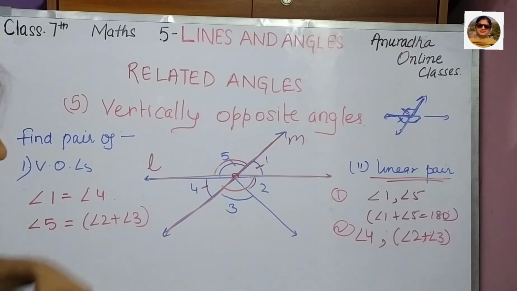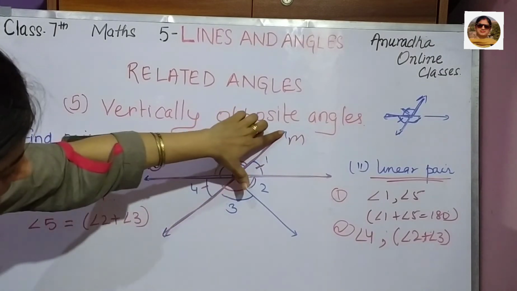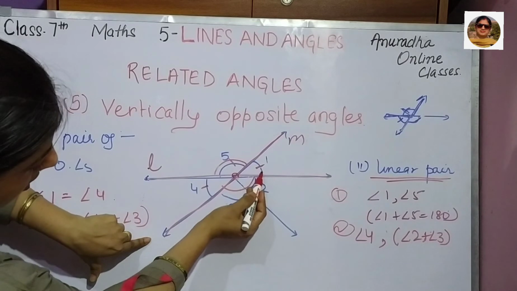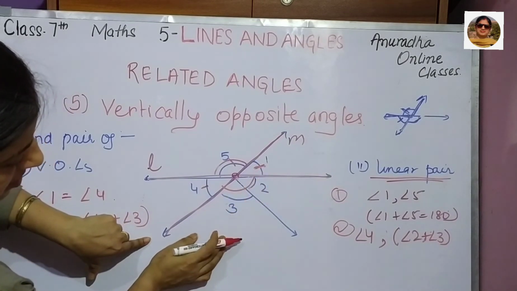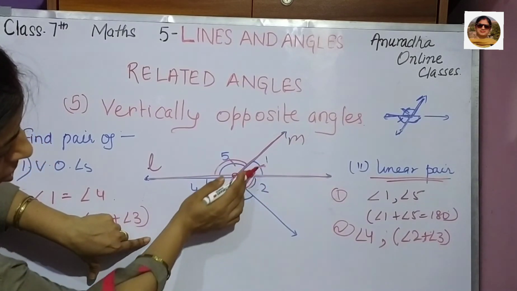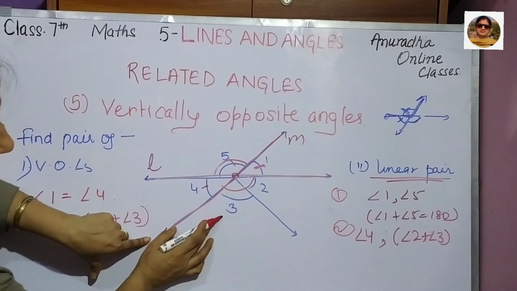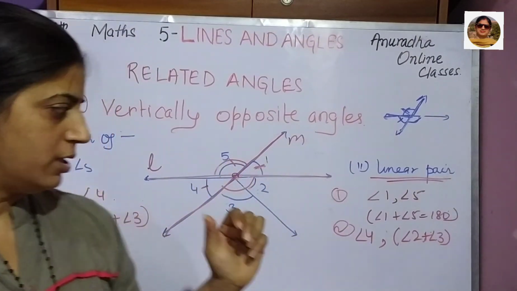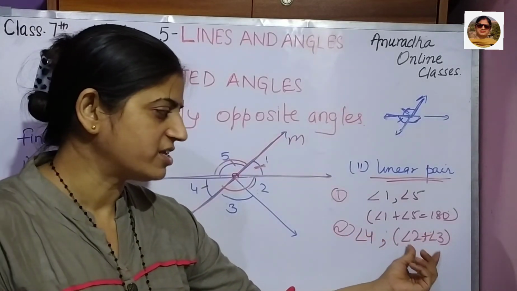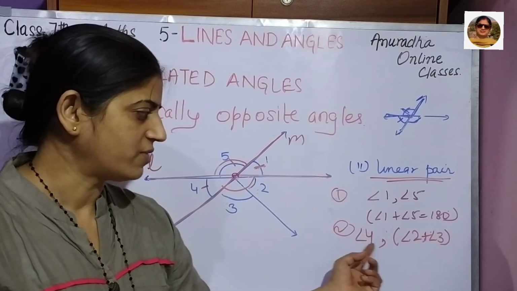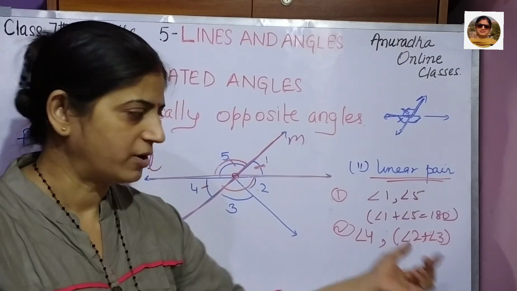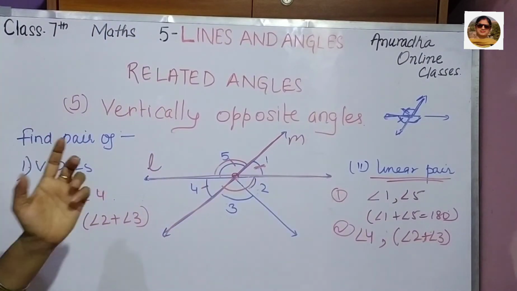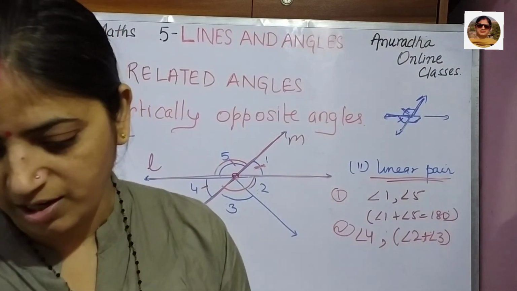And any other, yes, we can see line M में एंगल 1 ले सकते हैं, एंगल 2 plus 3 ले सकते हैं, और एंगल 1 plus 2 and 3. These are linear pairs. As we are writing pair, so it is combination of two. That is why I have written that as a 1, right? This one and this combination. So children, I think that till this much it is clear to you.